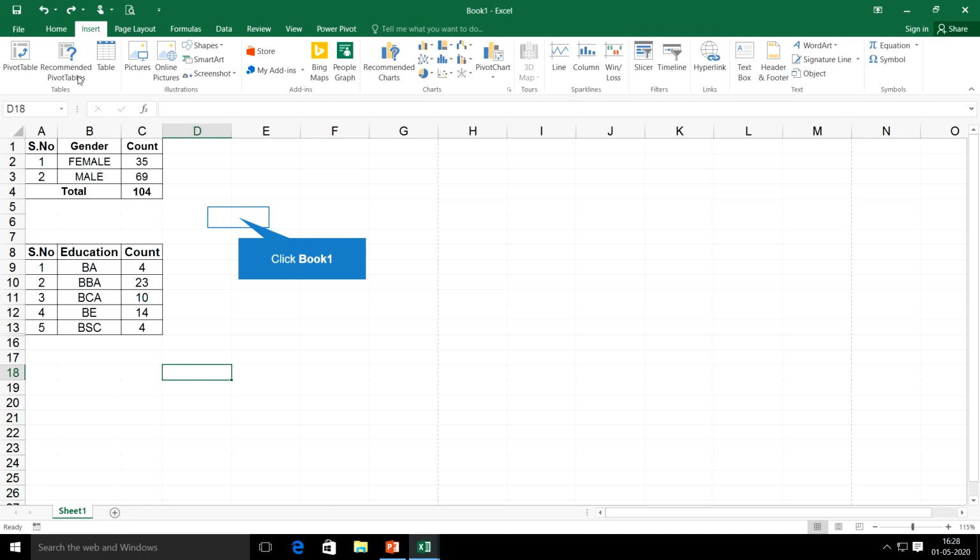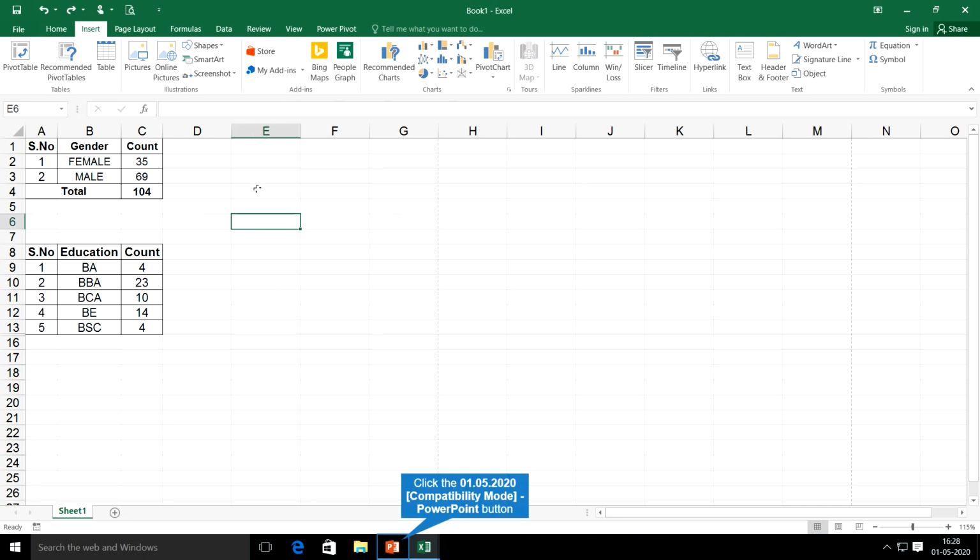So the insert menu will give you many options like pivot table, pictures, online pictures, shapes, smart arts, screenshots, and all types of charts, slices, hyperlink, text box, signature, equations, symbols, header, footer, page numbers, everything can be inserted. Whatever you want to insert to your sheet, you can get it from this insert option.